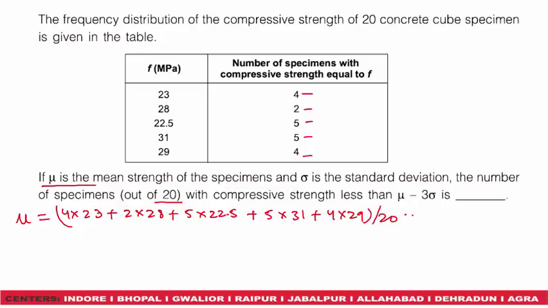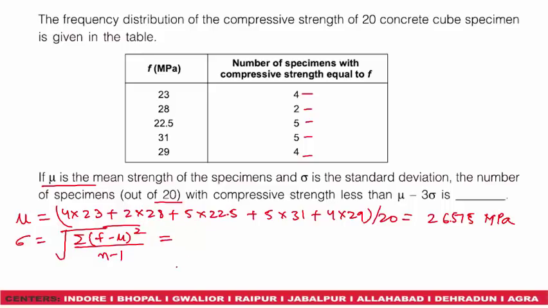So the mean strength comes out to be 26.575 MPa. Now sigma is the standard deviation, and we know it is given by summation f minus mu whole square by n minus 1. So this is under root of,